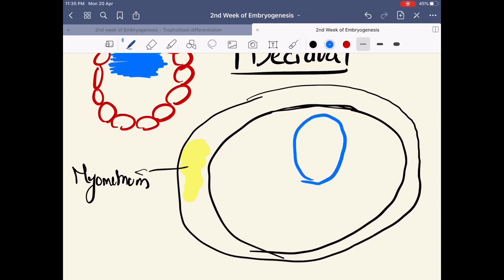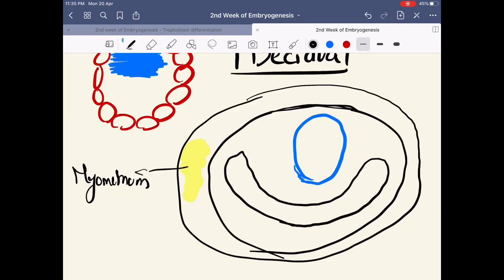Like this. So here is your blastocyst. I've told you inner cell mass, I am not drawing what is there in the inner cell mass. I am just drawing this trophoblast layer, which has implanted itself into the stroma of the endometrium. Clear? So where is the uterine cavity? I am going to represent the uterine cavity as something like this. Clear? I hope it's clear.